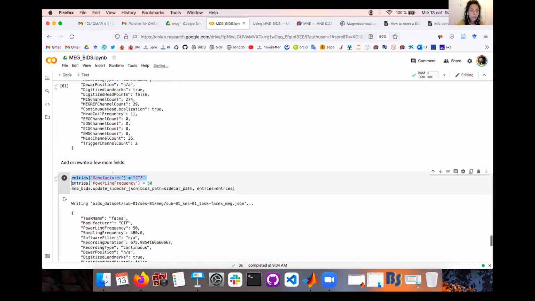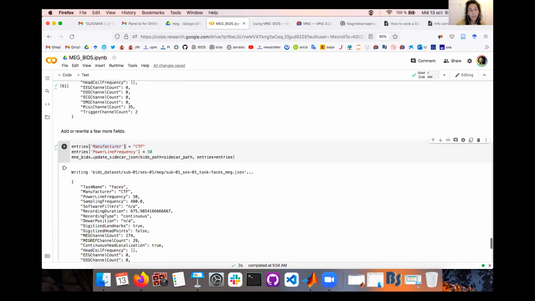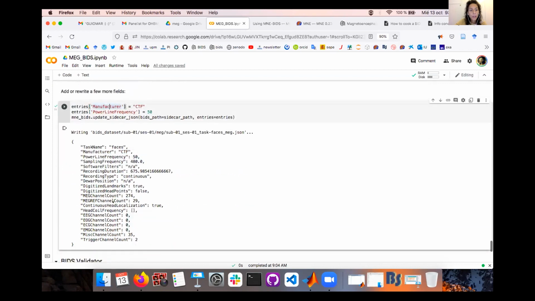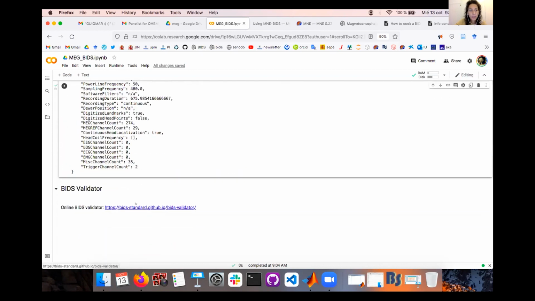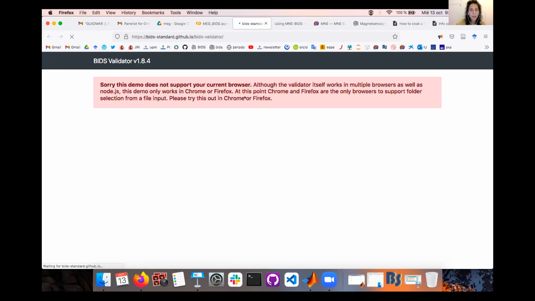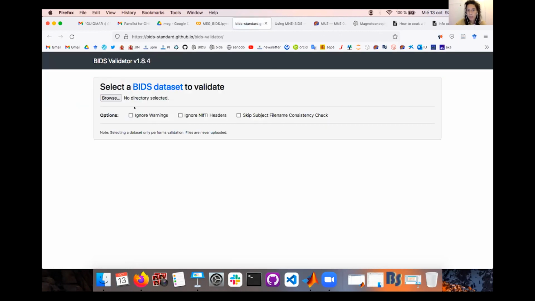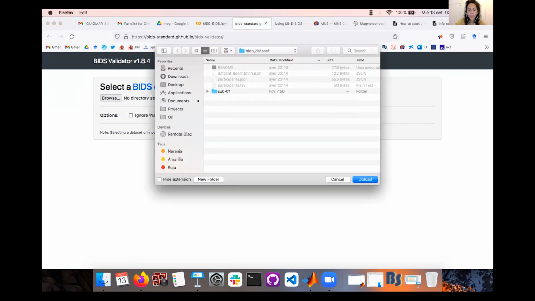You have to be very strict in the naming because this is what is going to be written in the JSON file. So if you have a spelling mistake here, it won't pass the validator later. You will have an error. So as Remy was showing you, you can just pass the validator. I have downloaded the dataset before, but Remy has just shown.